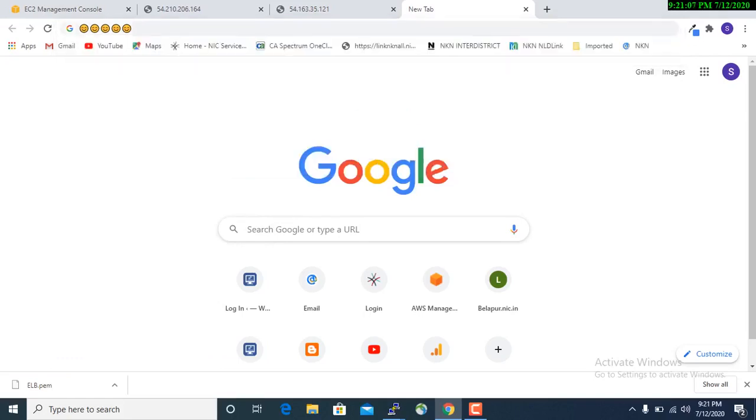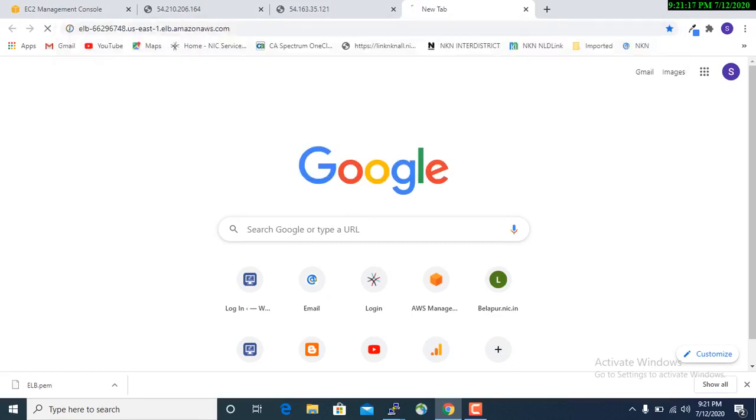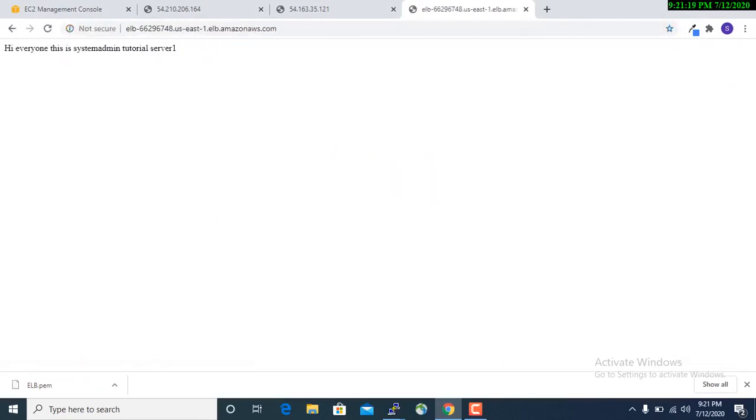Now you go to the load balancer and copy the DNS, because we have to access it through the DNS, which will automatically resolve into the IP of the instances that are registered. We will not use the IP address of the server. We will go through the DNS. From the load balancer, in the description you will find the DNS address. Here I have copied and am running it.